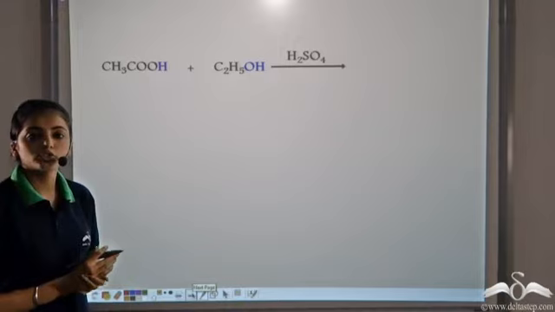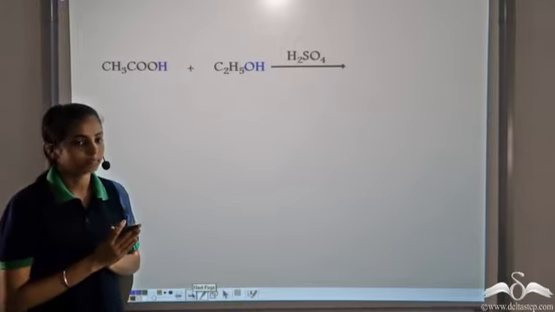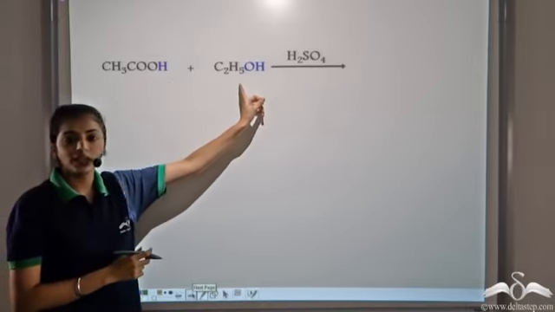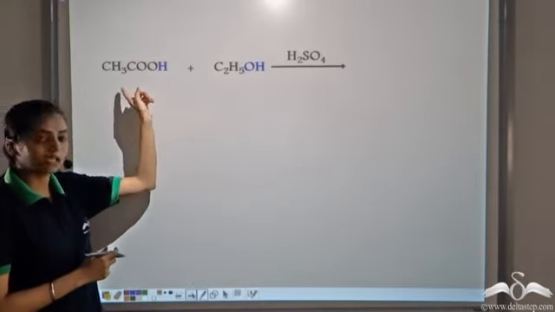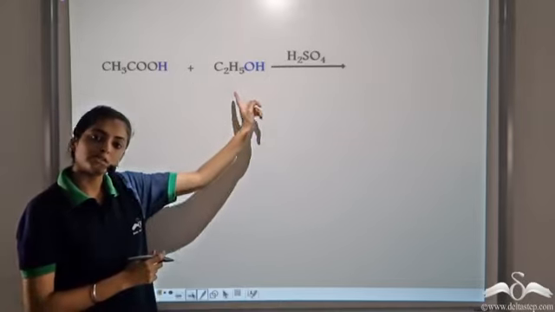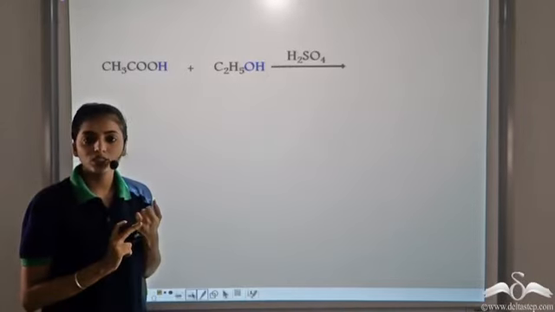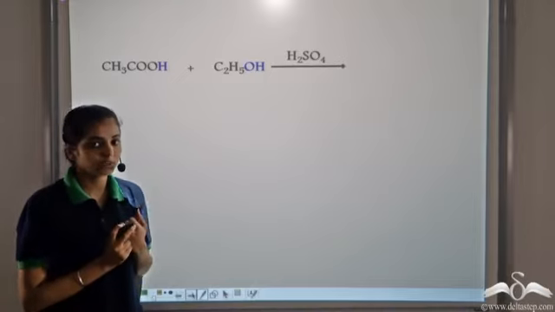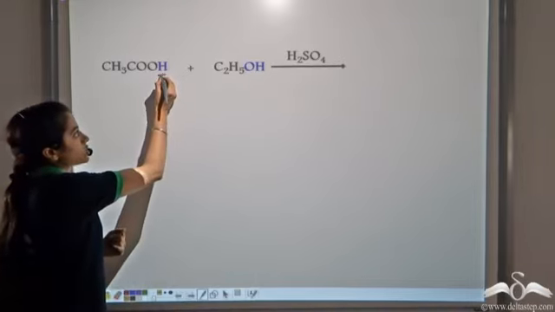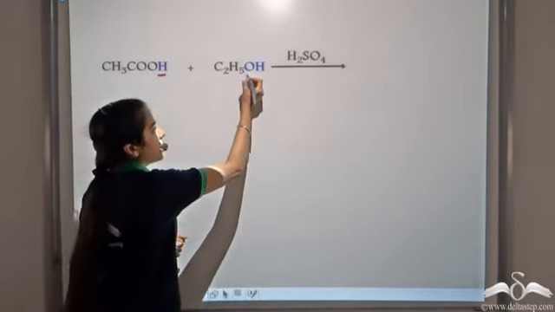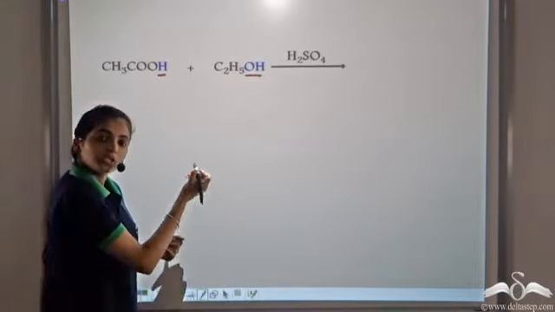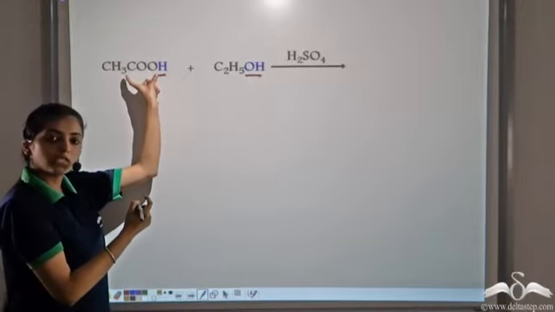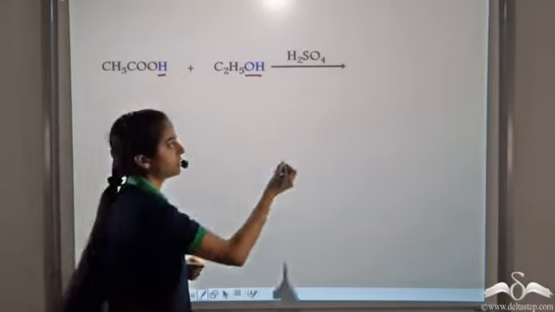Another important reaction given by all carboxylic acids. We have a carboxylic acid. We make it react with ethanol. In this case, we have taken ethanoic acid and we have taken ethanol. So in this case also, if there's a possibility of a water molecule to escape, it tries to escape. So this H from acetic acid and this OH from ethanol form a water molecule. In the process, they form CH3COOC2H5.